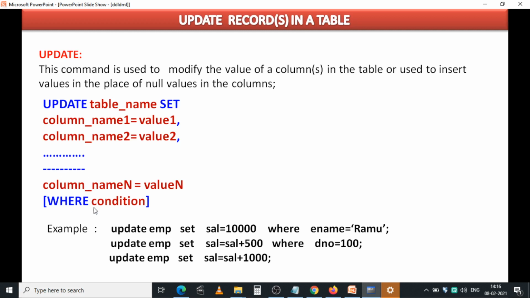And you need to write the where condition. If you want to make changes for all records in the table, then no need to use the where condition. But if you want to make changes to particular columns in particular records, then you need to use the where condition.